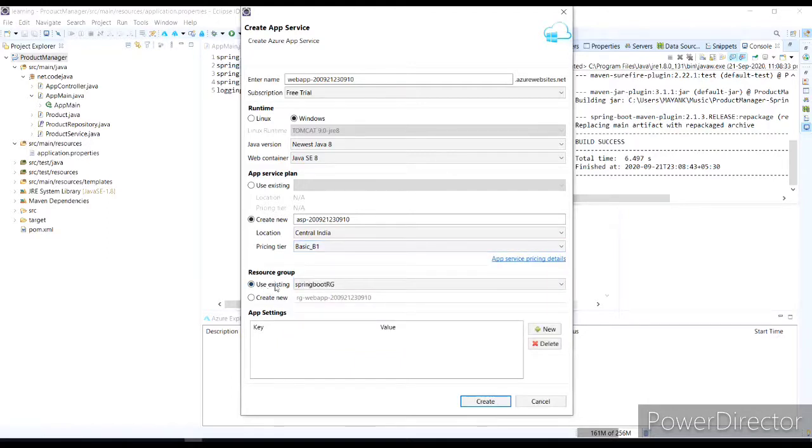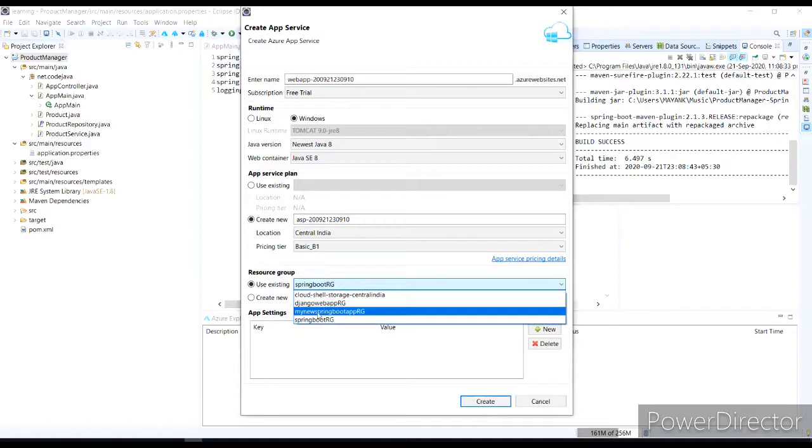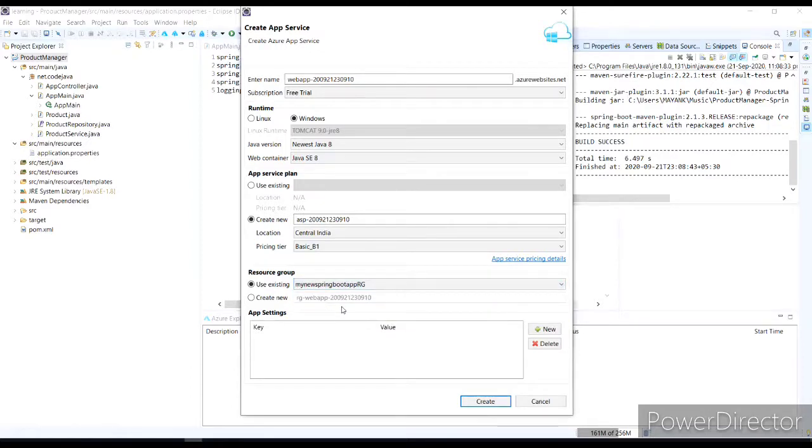And this is asking for the resource group. So I'm selecting my new Spring Boot app resource group. Now everything is looking good. So I'm clicking on the create button.